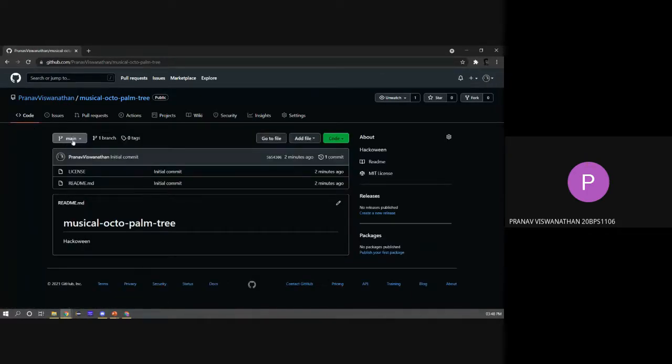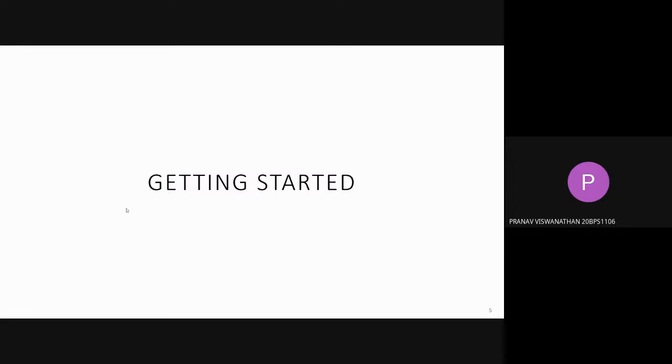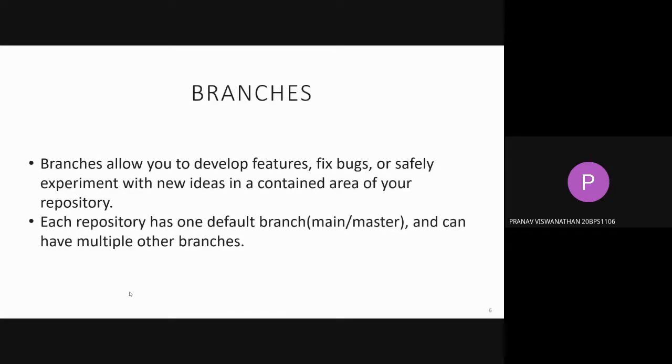Now we're going to be talking about branches. For branches, I'll be going back to my PPT. So let's have a look at branches. What branches do is allow you to develop features, fix bugs, and experiment with new ideas in a contained area of a repository. Each repository provides one default branch, and in our case, it's the main branch, and you can have multiple other branches.